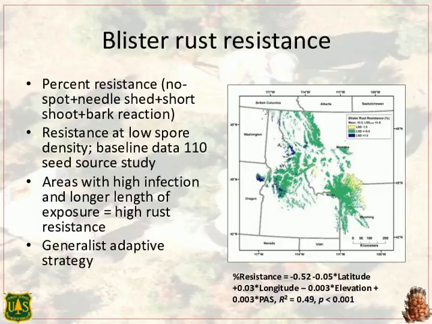One of the other things that I wanted to indicate with this spatial map of blister rust resistance at low infection levels is looking at seed source differentiation using a least significant difference approach. You can see that whitebark has the generalist adaptive strategy, where most of the variation in rust resistance is within seed sources rather than among seed sources. And so we have very large areas of the same color. And interestingly enough, the areas where we have the highest levels of rust resistance are also the same areas where we have the highest incidence of blister rust infection.